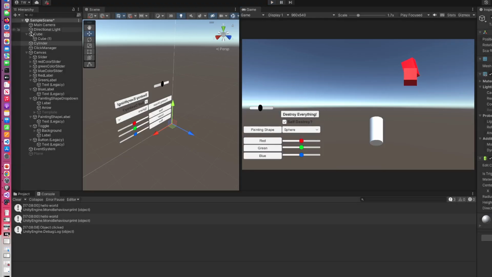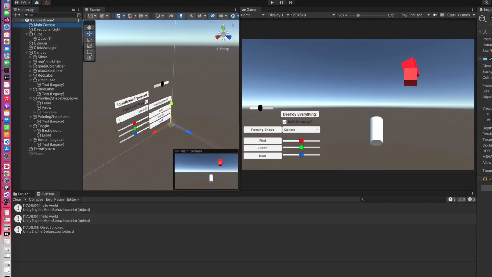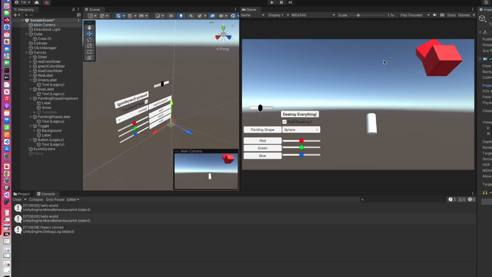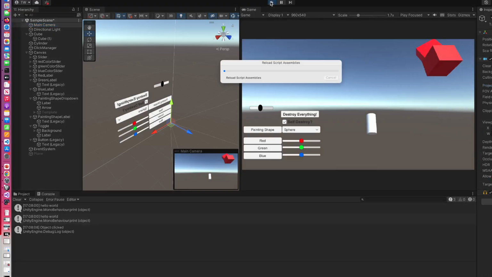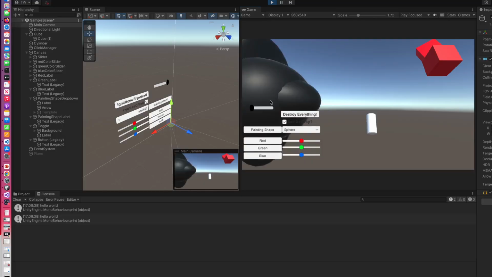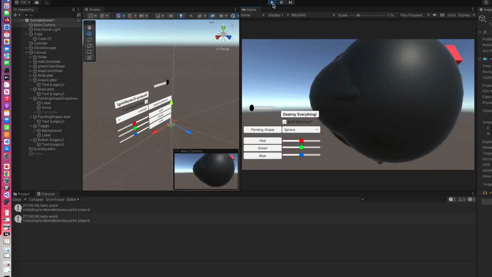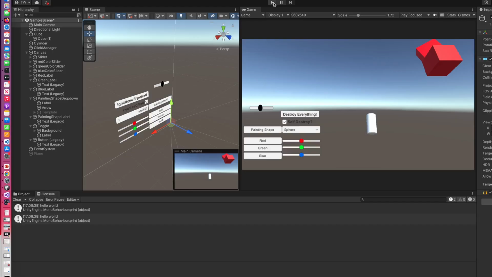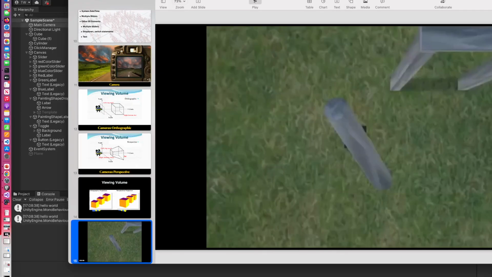Whereas if you change this to perspective, now everything is back to normal. So as you paint, you can actually see things a bit deeper or closer. Okay, so that's the first thing I want to talk about, cameras. The second thing I want to talk about is